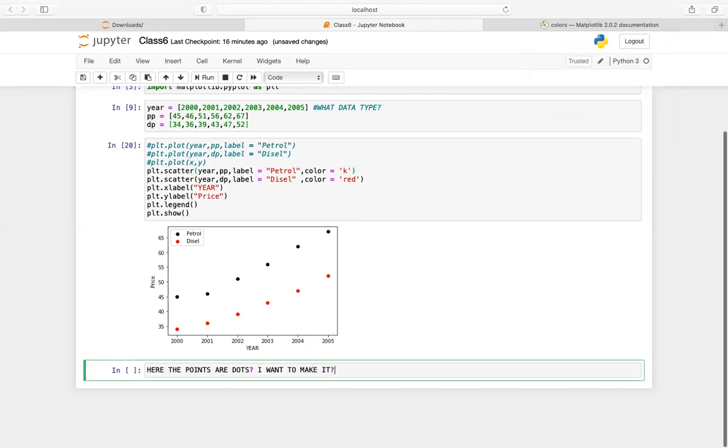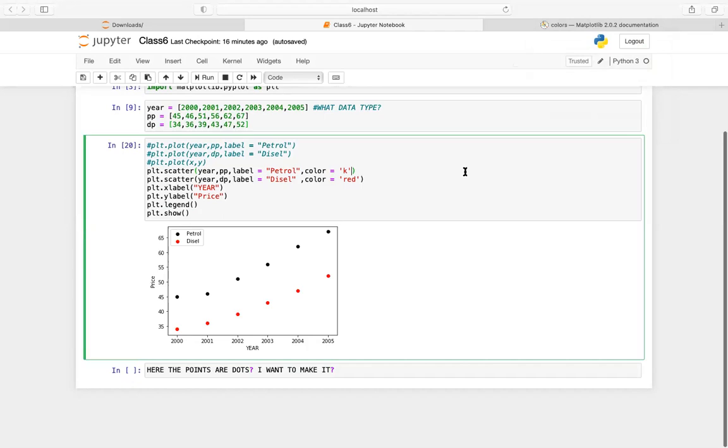I'll send you some material by today or tomorrow, and you have to go through it and give me the answer in the next class. How do I make these dots different? It need not be a star or anything. There has to be some command here that you put in, and you should be able to do it. That's not going to be very difficult. So now let's move to another problem.